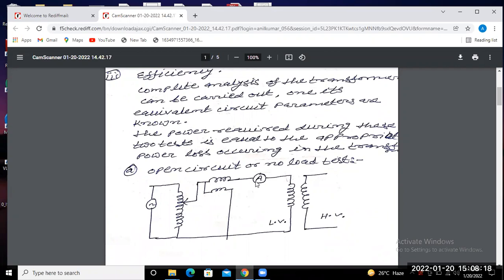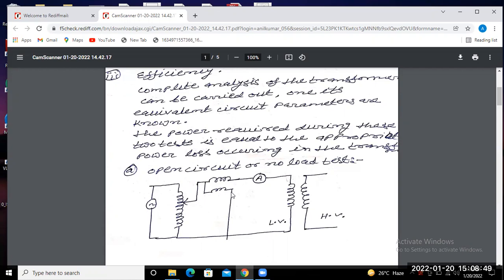So ohmic loss may be neglected in comparison to the core loss, since the current varies 2 to 6%. So ohmic loss, you may be 0.04, that means I square R, is it not? Ohmic loss is I square R. So if I varies with 2 to 6%, that means ohmic loss is 0.04 to 0.36% of the